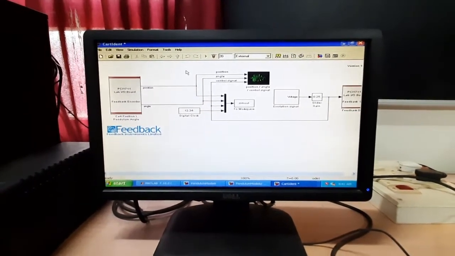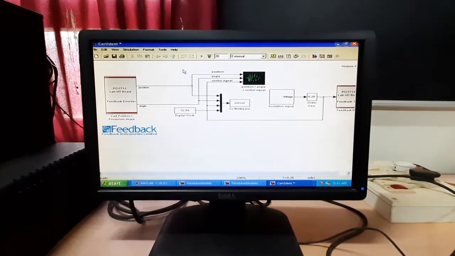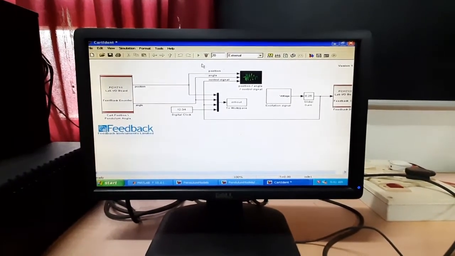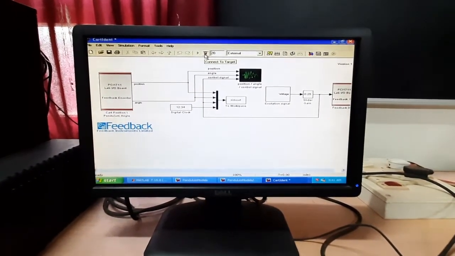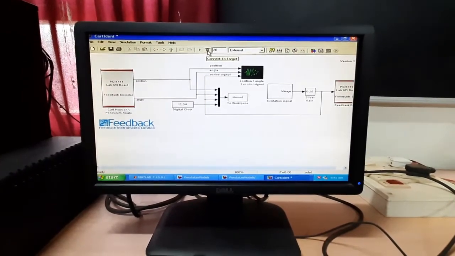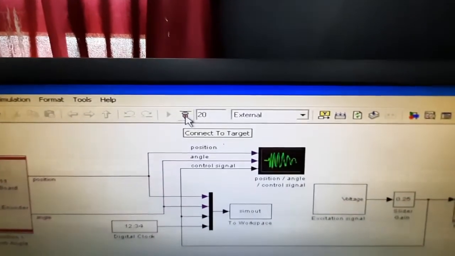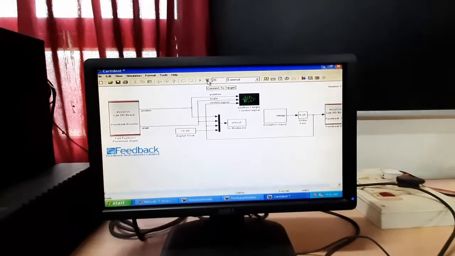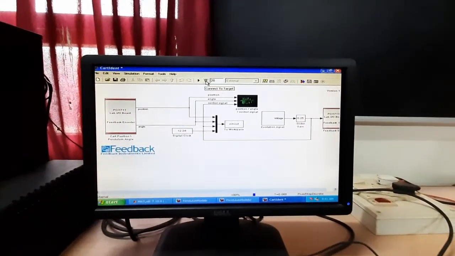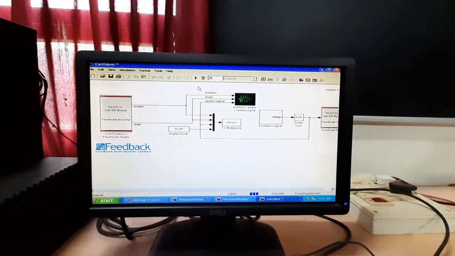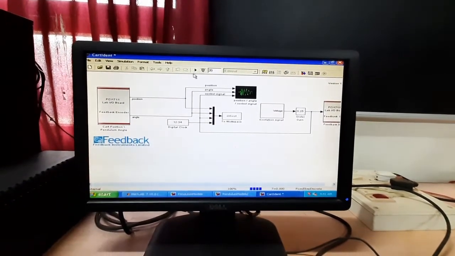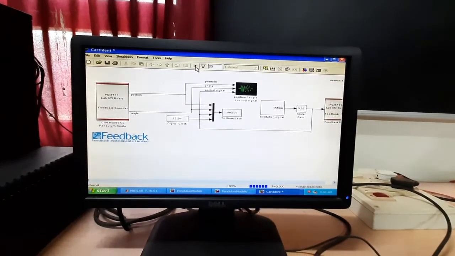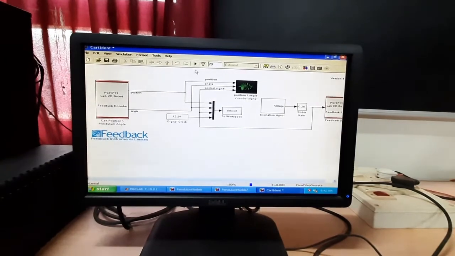Then we have to connect with the hardware part of this module by clicking connect to target. Okay, we have connected. When we have connected, this play and stop button appears.